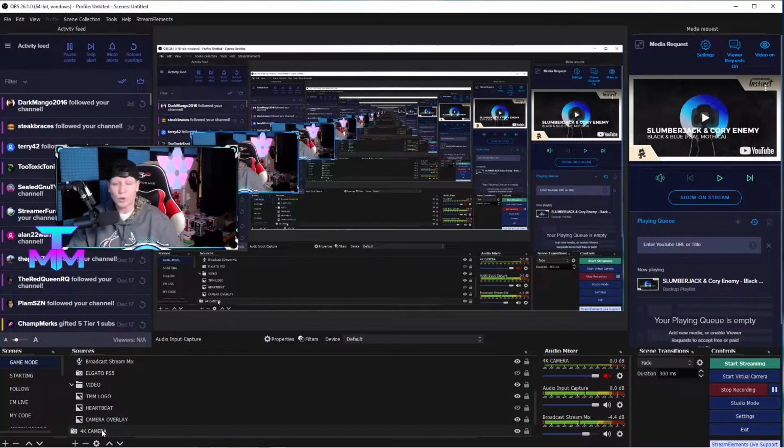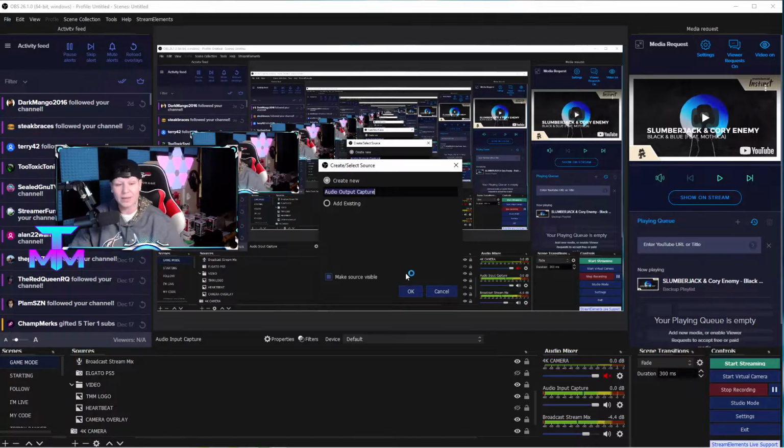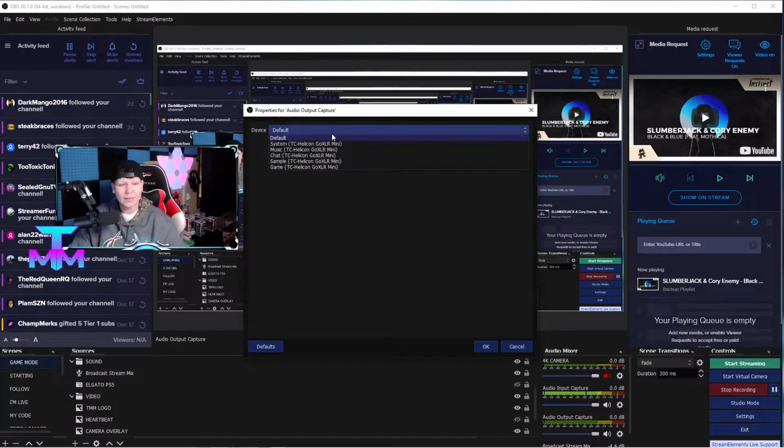So, there you go. You've got your microphone added. Now, if you want to run speakers, then you would run audio output, okay? So we get audio output up here, and then this is actually going to be, now mine would be System TC Helicon, but reason being is I'm not using speakers or anything on my PC at the moment because my